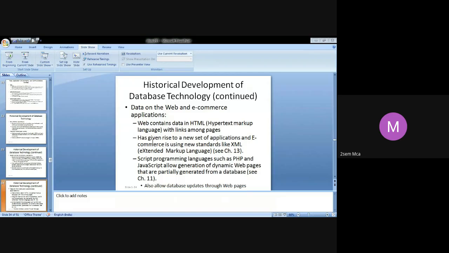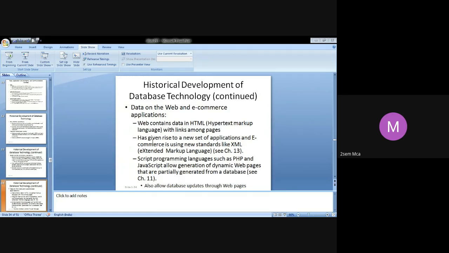Followed by the relational database came the object-oriented database. When it came in, I said they were a big competitor for the relational database. What add-ons did they bring? They brought object-oriented concepts into the database. They introduced encapsulation, inheritance, and abstraction, and abstraction and the rest made a very big impact on the database.